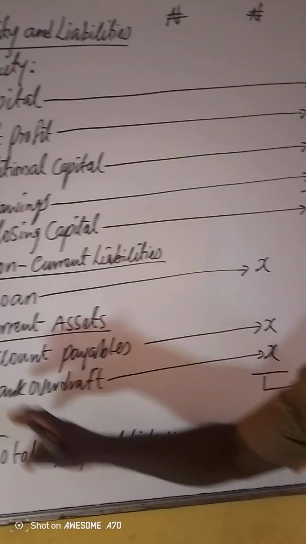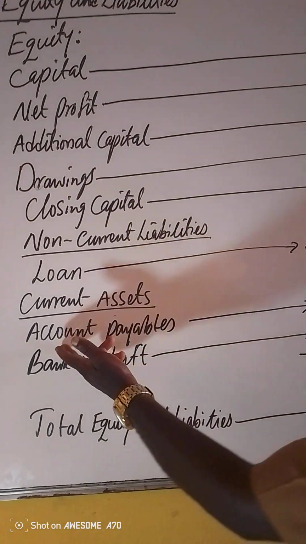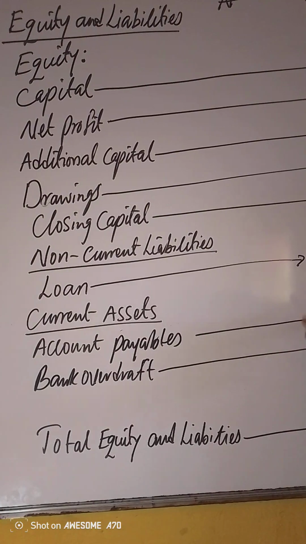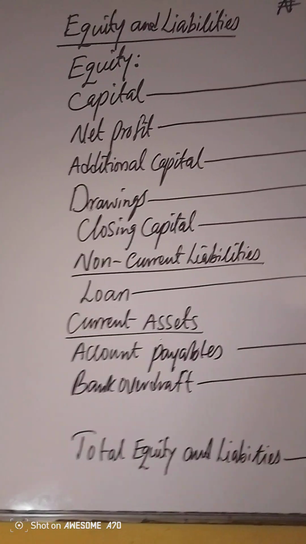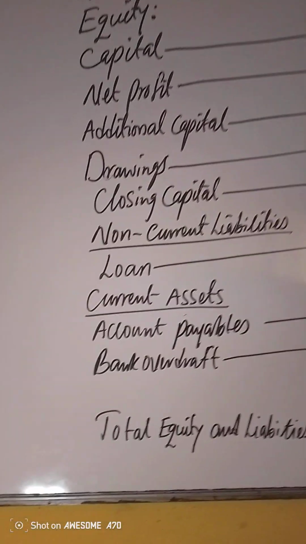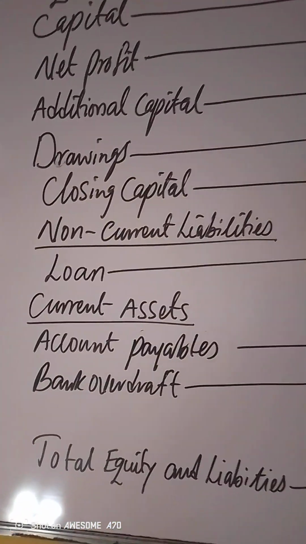Then you go to what is called the current assets. Under current assets, you always have accounts payable. Still arrange it in the middle, naira sign, so that you add and get what is called the total liabilities. Then you also always have bank overdraft. It's also an example of current